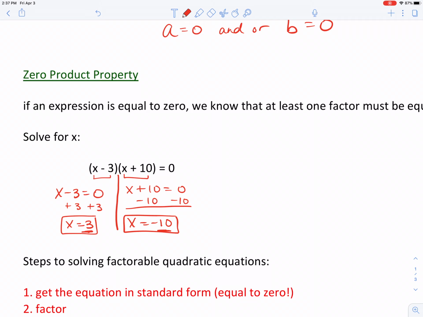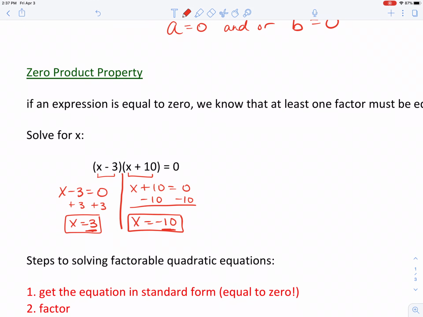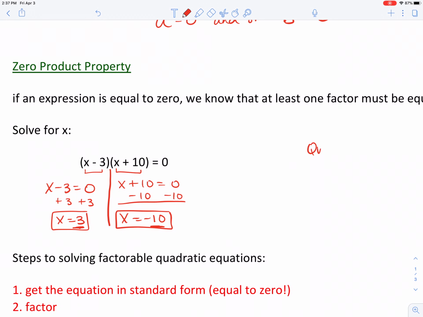Okay, so that's how we solve. Steps to solving factorable quadratic equations. Now let's first define what a quadratic equation is. So before these, we were always solving linear equations, which were first degree equations. There were no exponents. Quadratic equations, I'm going to define right here,